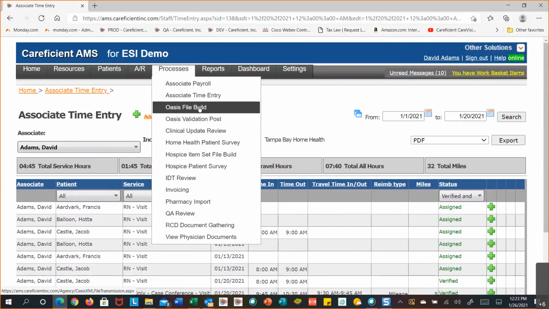The next one I want to talk about is the Oasis file build. Now, you will be putting Oasis into the system, and you'll have several different paths to do that. Oasis information is embedded into an integrated service note. So you would have like an initial Oasis assessment for your start of care with the